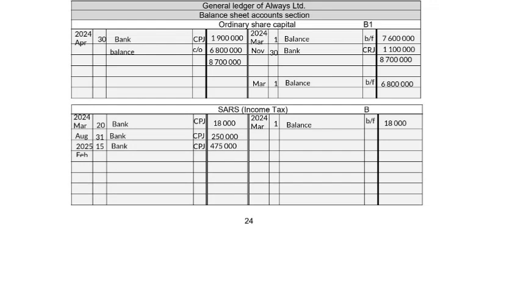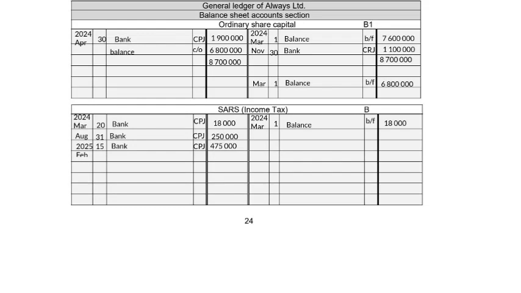Then the company tax is calculated at 30% of the net profit. The net profit amounts to 2.5 million rand. So 2.5 million rand times 30% gives you a total of 750,000 rand that is owing to SARS as income tax for the year. So on the credit side,